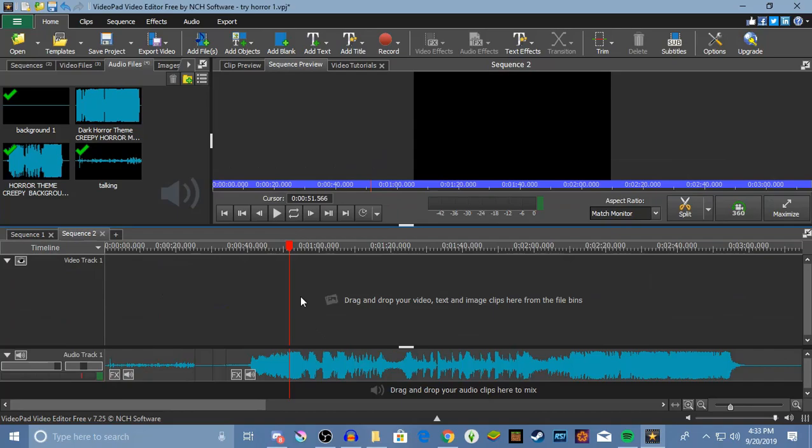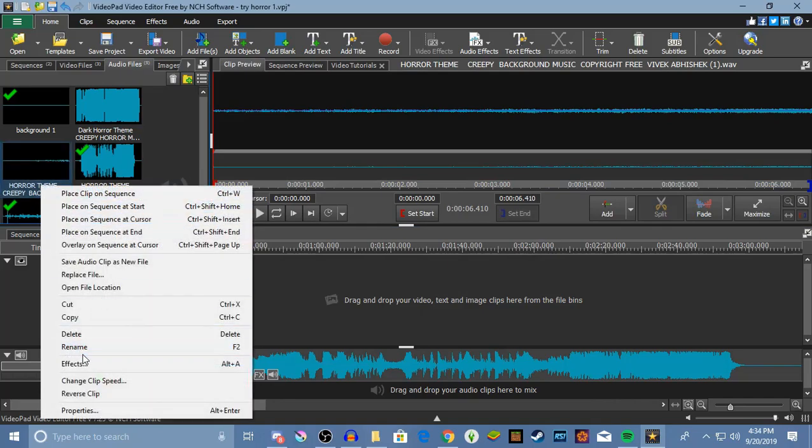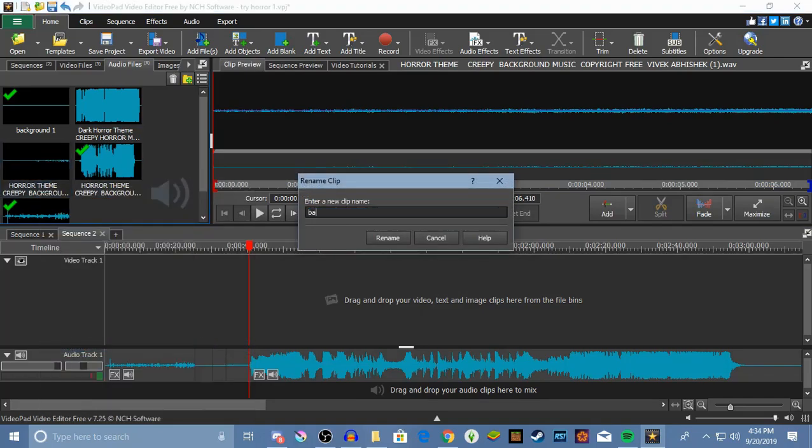Now we're going to go to sequence 2, which is right here, and we're going to see what else. We're going to add more from this soundtrack to sequence 1. So we want some of this. I think right about here is a good, yeah. So we'll split it there. And then again, save audio clip. We're gonna rename it background